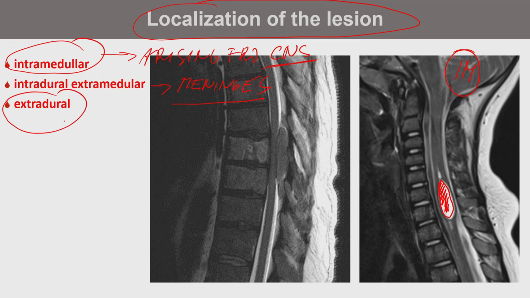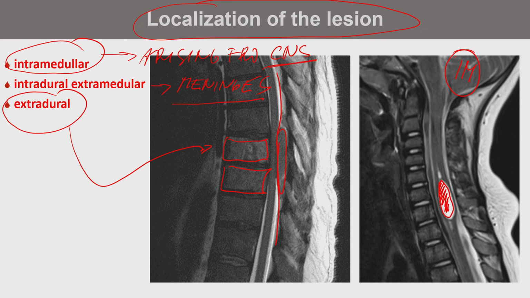And the last is extradural. Extradural is here. You can probably see on this magnetic resonance that the signal of those 2 vertebrae is slightly different. So this is some infiltration. The infiltration was by lymphoma. And here this is a tumorous tissue, but here it is seen that there is a dural sac, and the dural sac is inside. So the lesion is outside the dural sac. So then here is a compressed spinal cord and radices and dural sac.